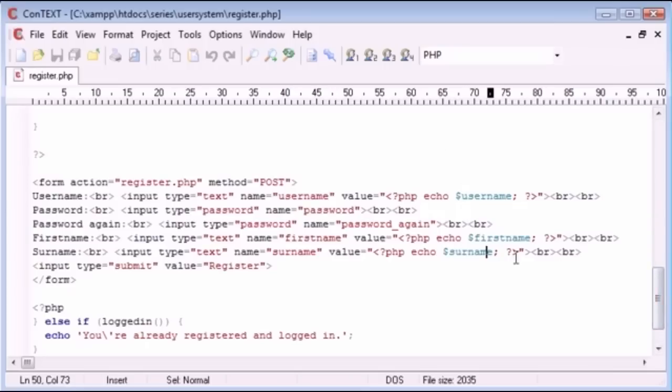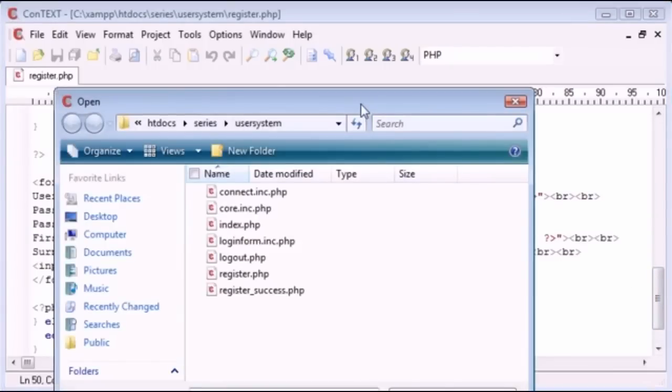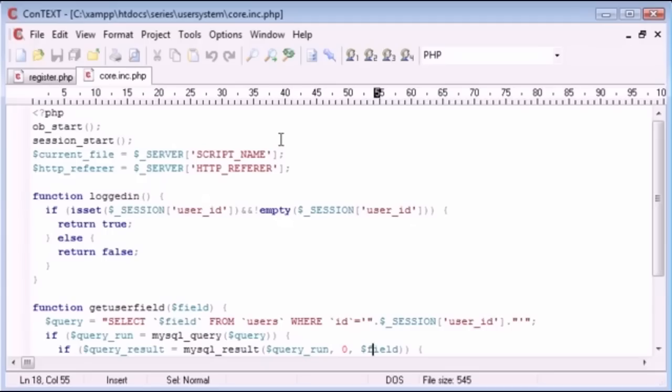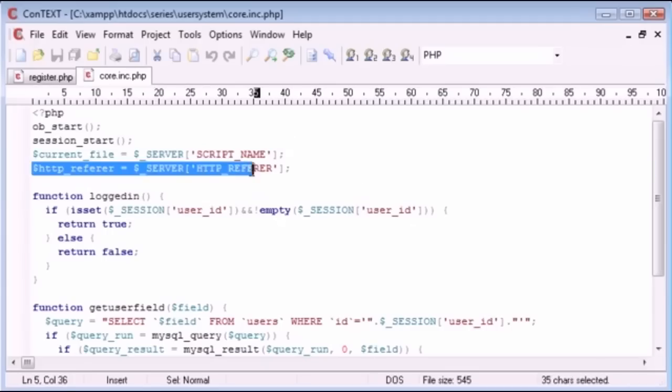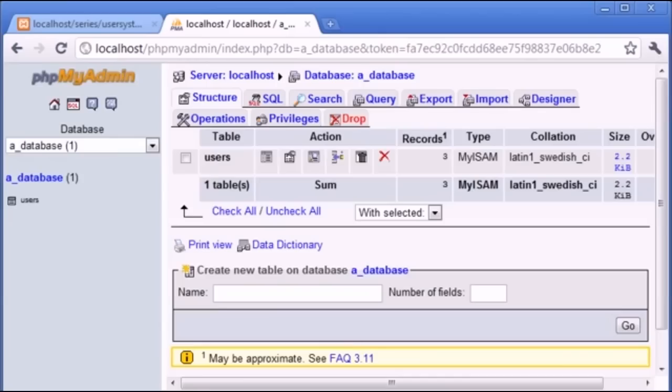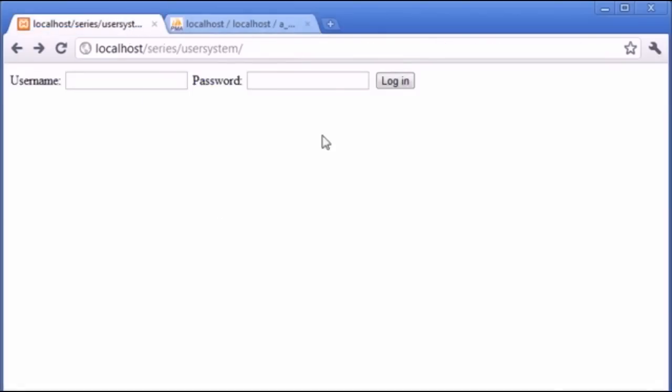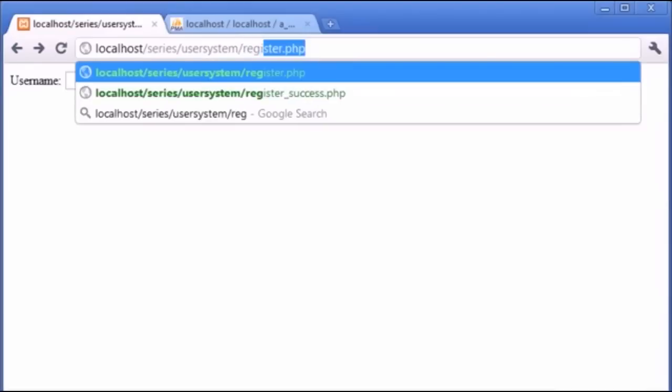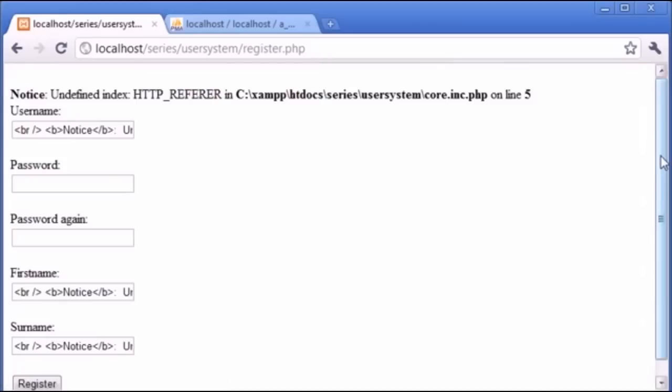And we also have another issue. Let's just open core.inc.php. We've got this HTTP referrer here. Now obviously the HTTP referrer is going to give us the page that we were referred from, so if we were to open up our page and go over to the register.php file, you can see that we are given a variety of errors. The error at the top is to do with the HTTP referrer. It gives us an undefined index error,